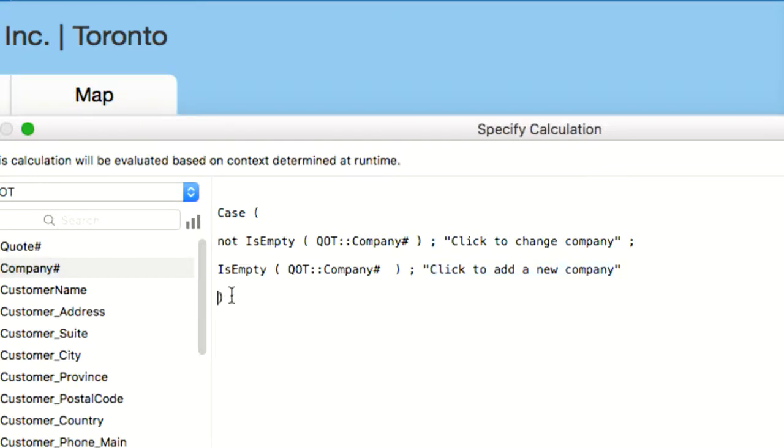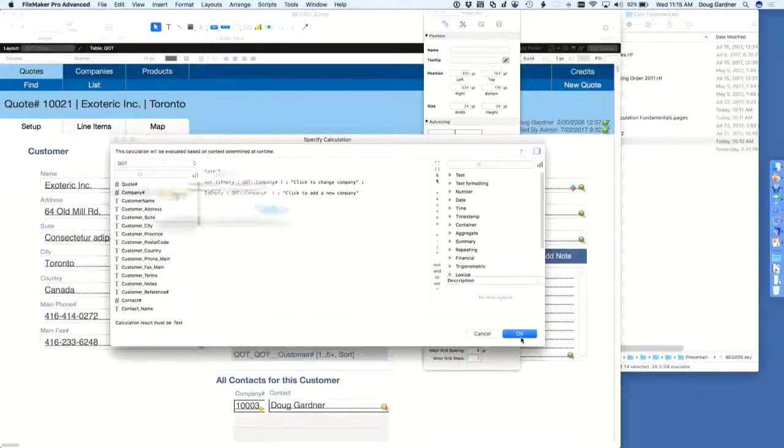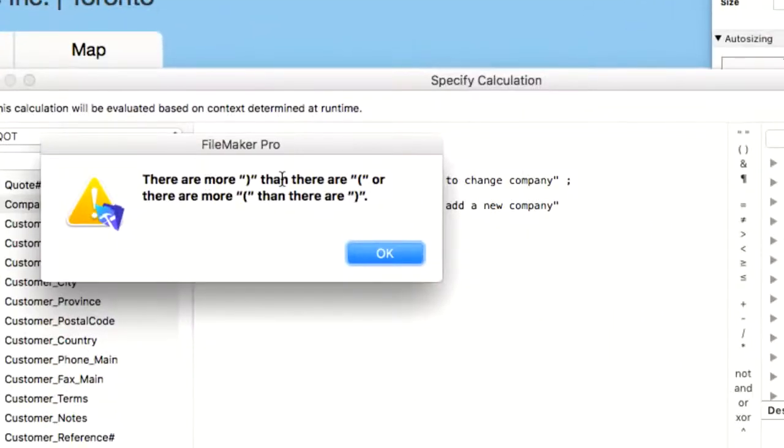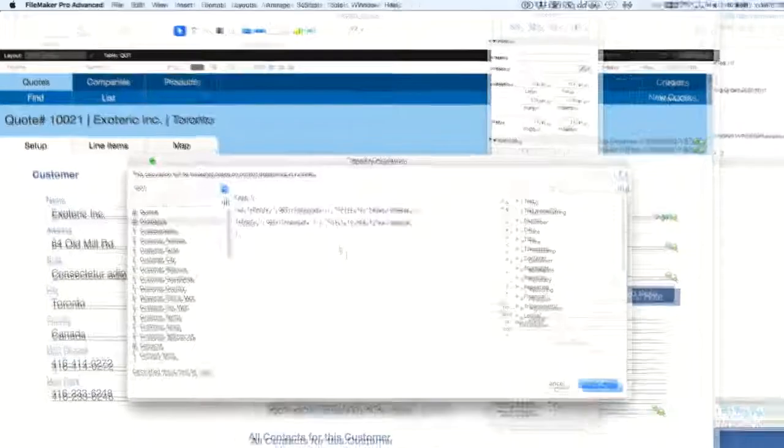And then we have to close our brackets. Otherwise, FileMaker doesn't know where to stop reading, and it's going to give us a message that says there are more closing brackets than opening brackets, or more opening brackets than closing brackets. FileMaker doesn't know how to handle it. So we have to make sure that our calculation is properly balanced with brackets. Once we've done that,